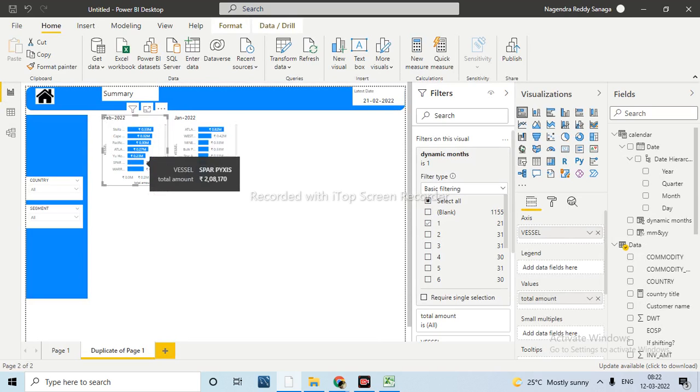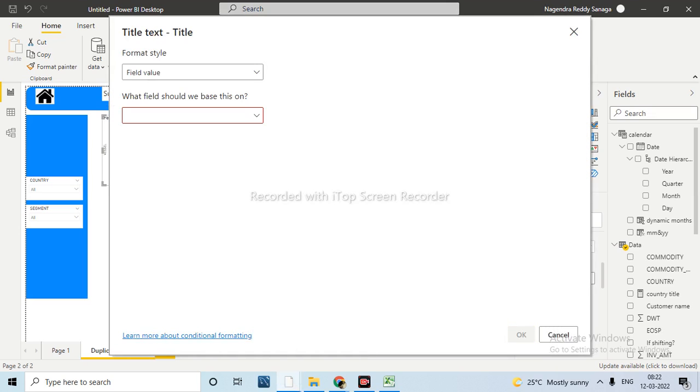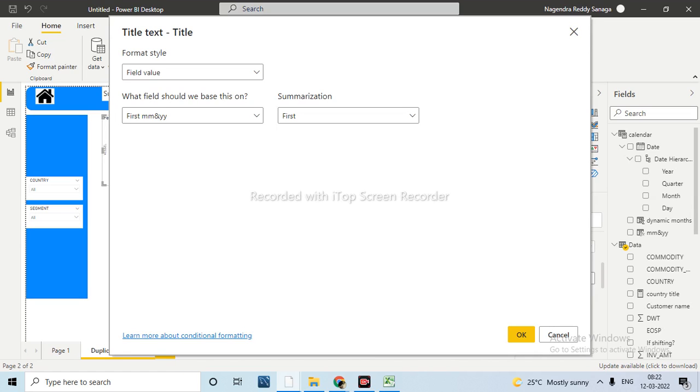This information is February. Later we need to change the dynamic titles also, right? For that, come to these titles. Here, instead of this manual text, click on this one. And the column we have is MNYY, right? Pass this one, and it will come as first only.